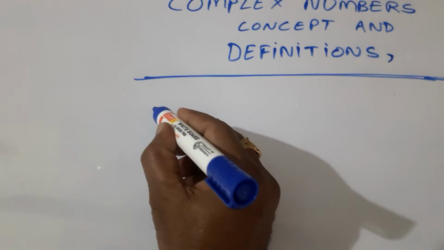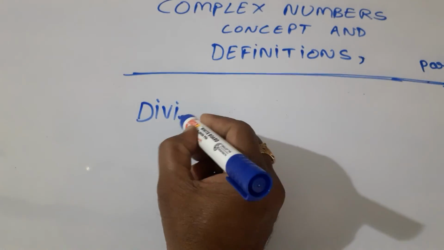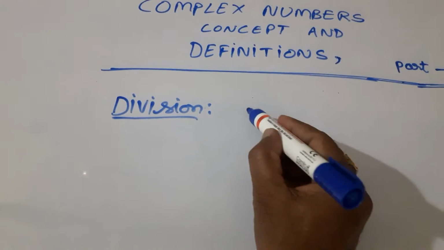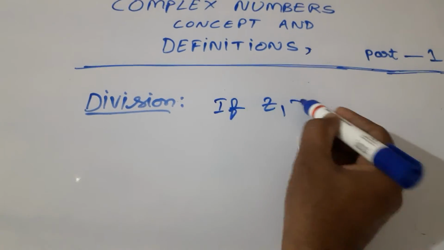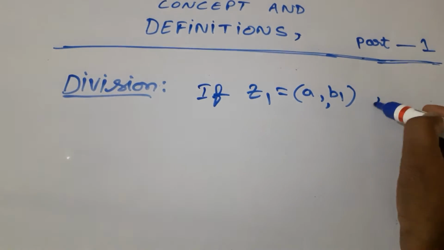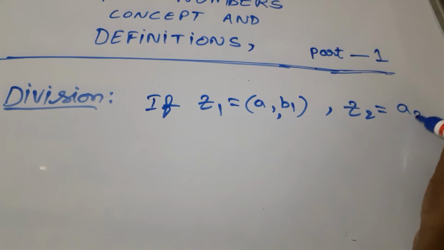Let us see division of two complex numbers. How to divide one complex number by another complex number. If z1 equal to (a1, b1), z2 equal to (a2, b2),